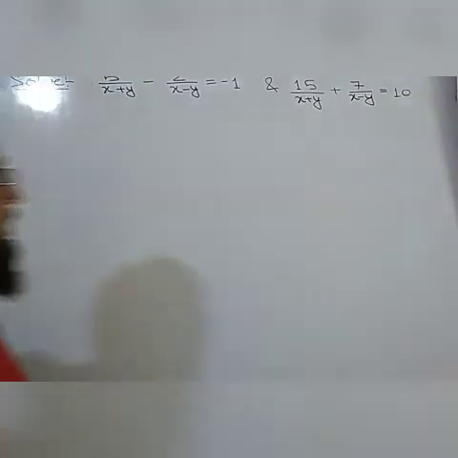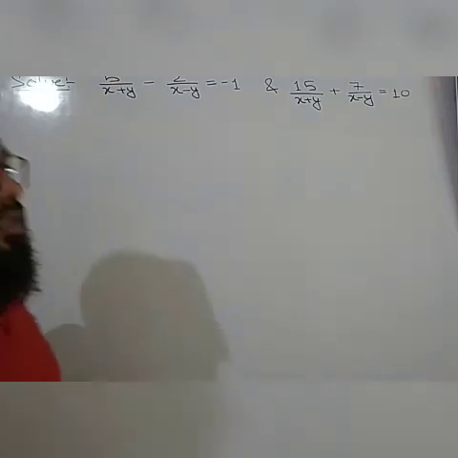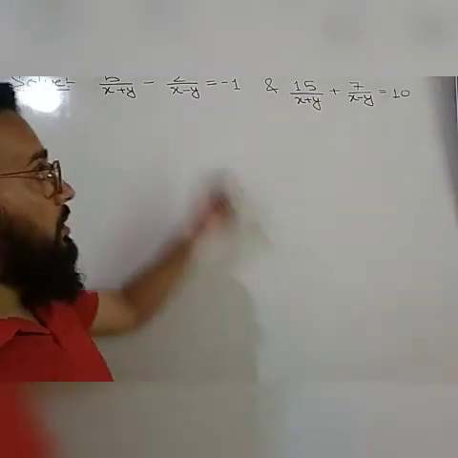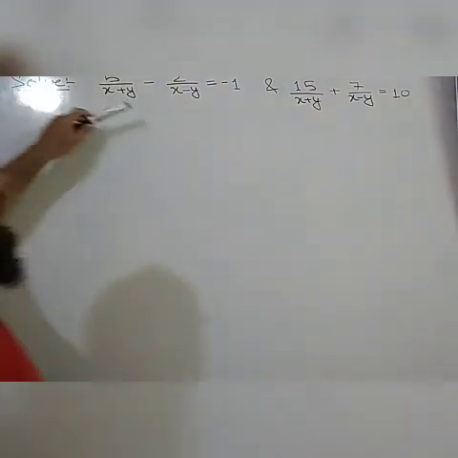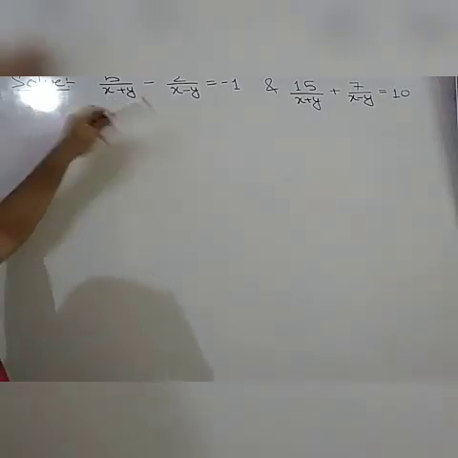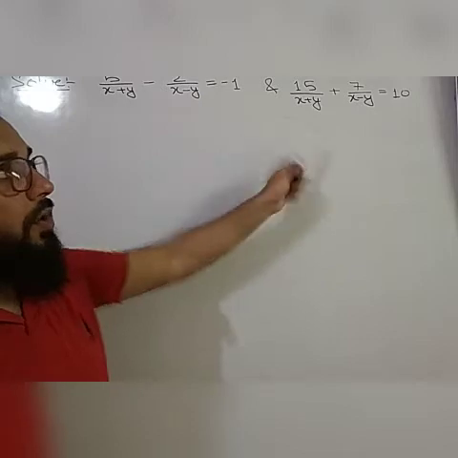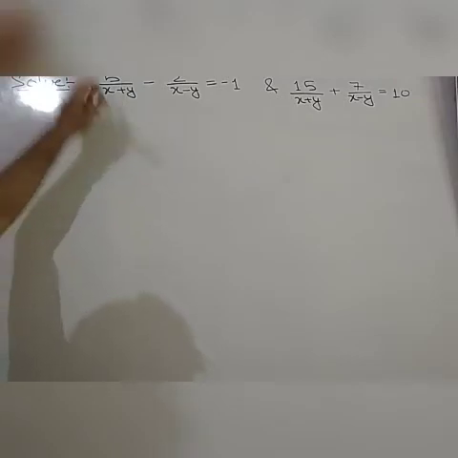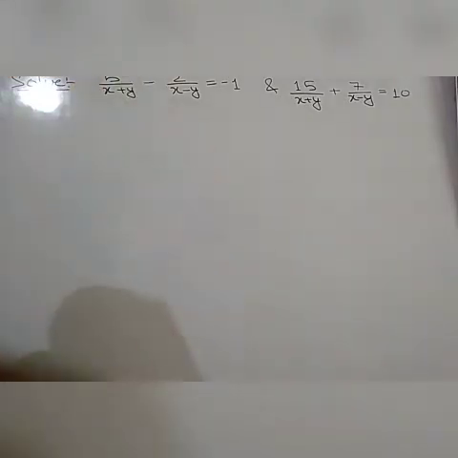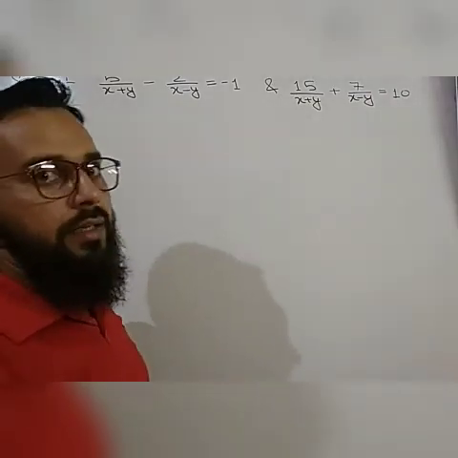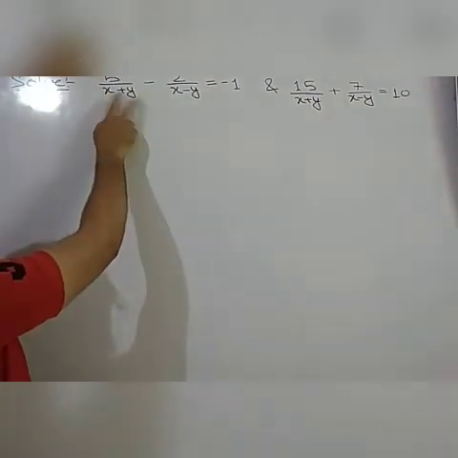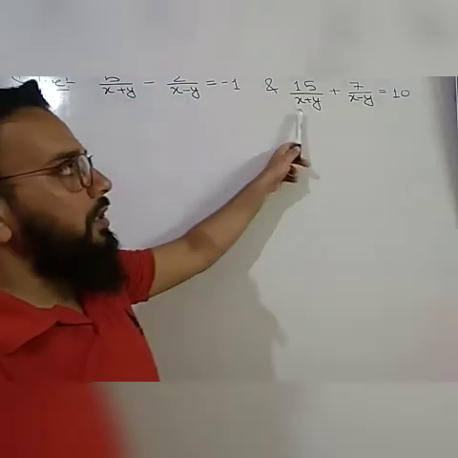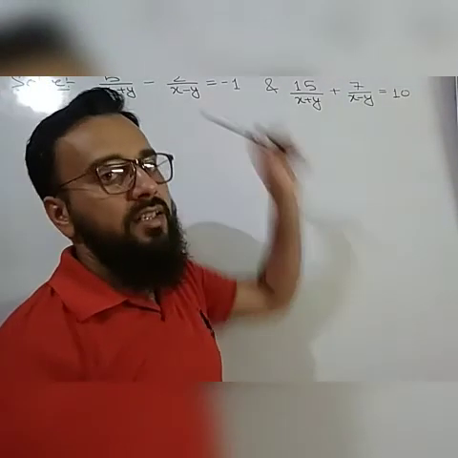Okay. So if you look at both the equations, these are not in the general form, because the general form is ax plus by plus c is equal to 0. But in these two equations, we are getting the variables x and y both in the denominator. It means they are not in the general form. Like in the last question we have done, we were having 1 upon x and 1 upon y, means in the denominator it was x and y only separately. But in this question, x and y are in addition and subtraction. The first term is x plus y, then second is x minus y. Here also first term is x plus y and second is x minus y.